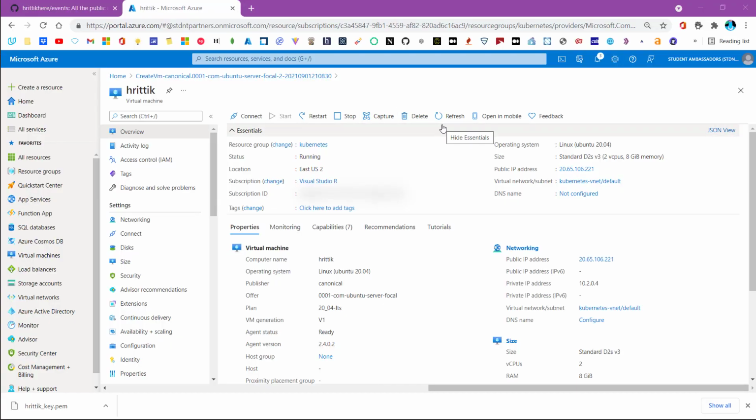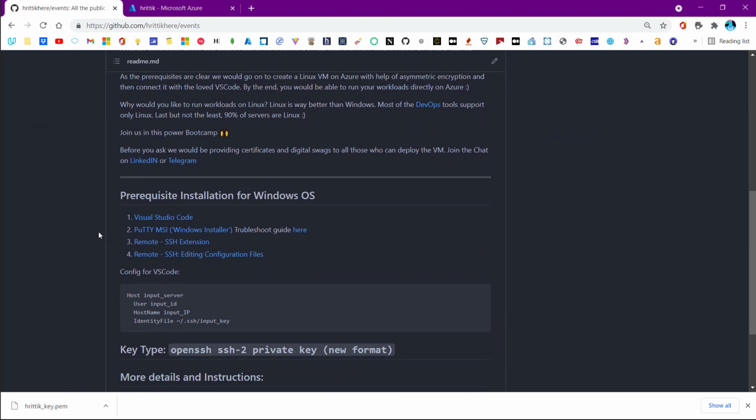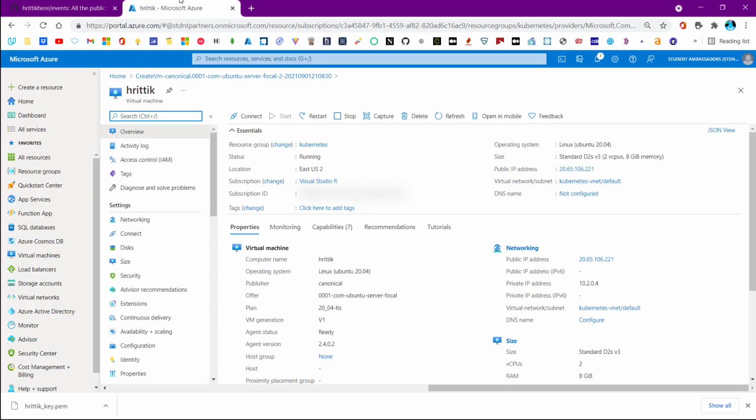In this video we will connect our virtual machine, which we created in the previous video, to our VS Code. If you haven't seen that video, just click on this link. We need a few software for that, and there is a link to the software you need in the description. You need Putty, you need 2 extensions, and of course Visual Studio Code, because you are connecting with that. So keep those in hand. We will use SSH to connect, so let's start.